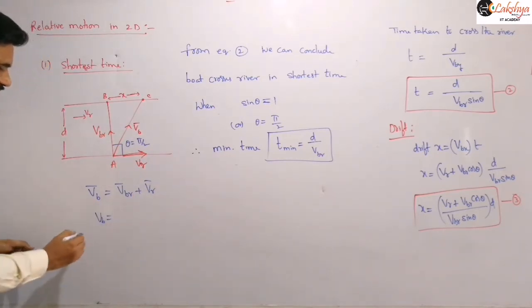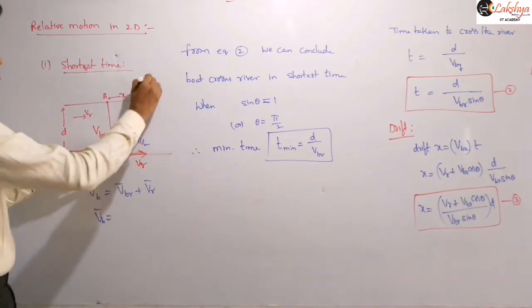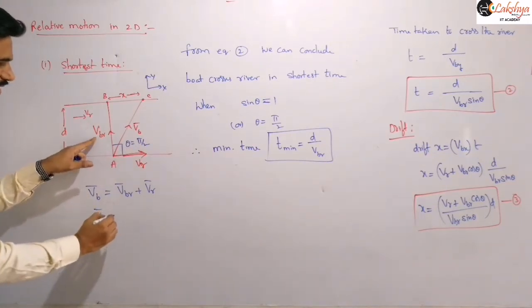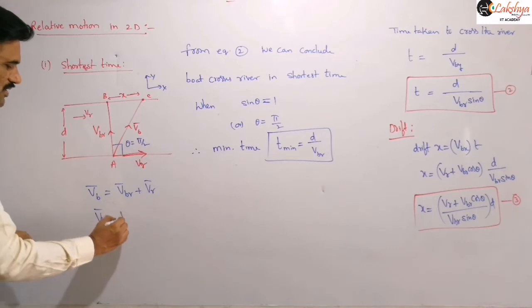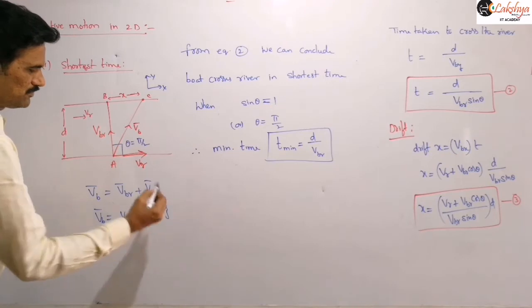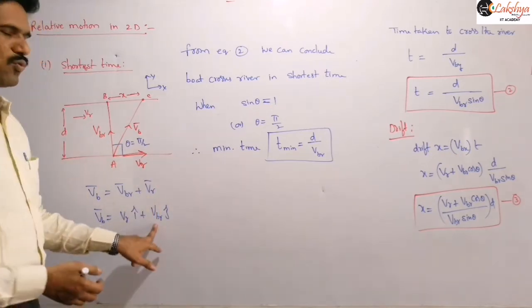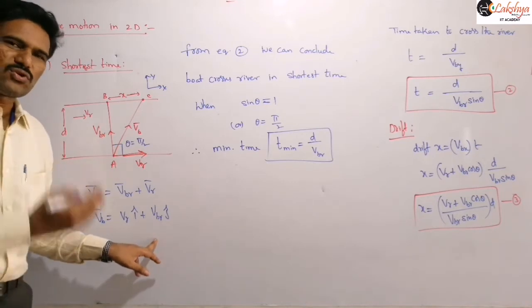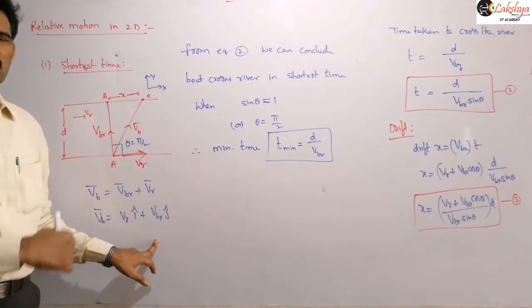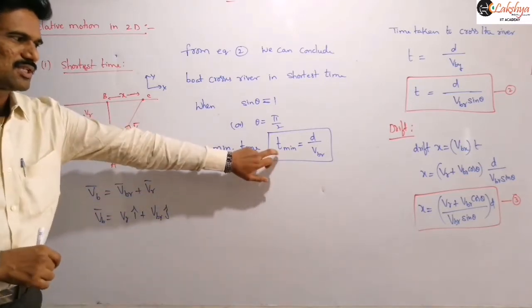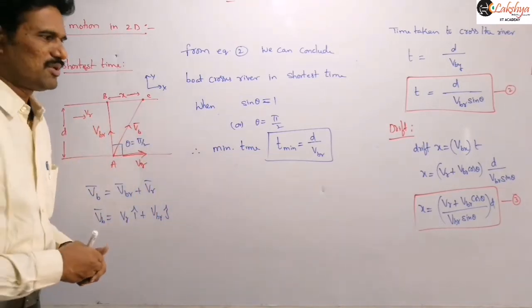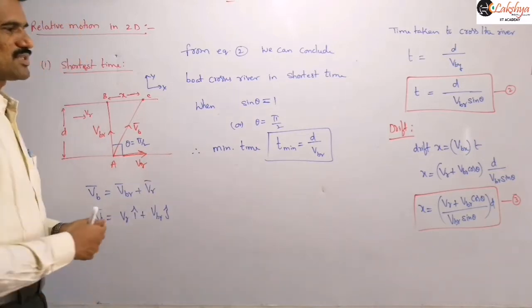Now this can be written as velocity of boat in components. This is our coordinate system here, what we are considering previously also. Then velocity of boat I can write with J cap, and this is I cap here. So this is our VR I cap plus VBR J cap. Got it? So now this is nothing but our y component, and this is nothing but our x component. So whenever you need to calculate the time taken to cross the river, we need to write the width of the river by that y component of velocity. So that is nothing but this value here. When total velocity of the boat is in that direction, then automatically you will get the minimum time here, right? So it is the shortest time case.